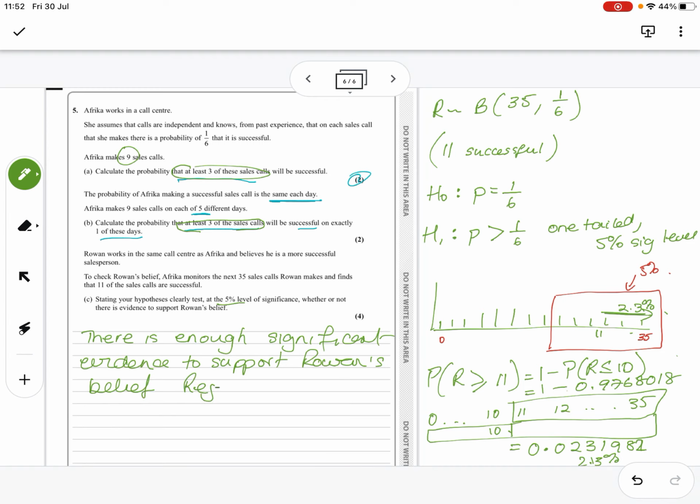So we are rejecting H0 as Rowan has a bigger probability of success. Okay, than Africa if you want to say, but that's fine, okay. But Rowan has definitely got to be in there somewhere. Good, that's that binomial distribution, or binomial